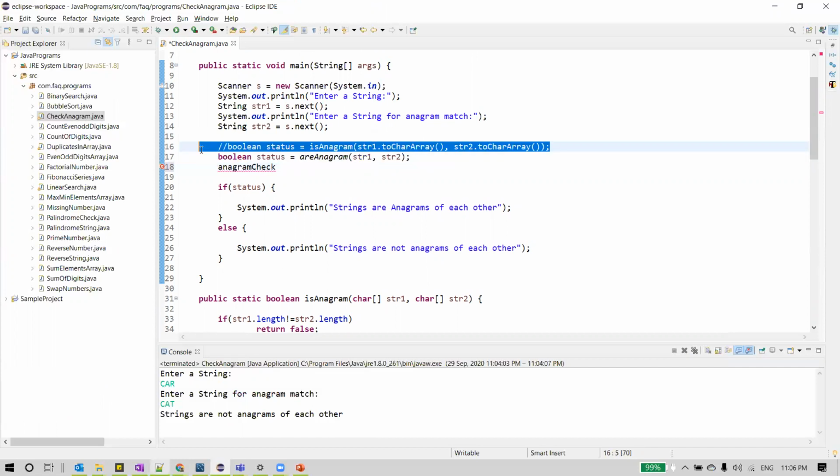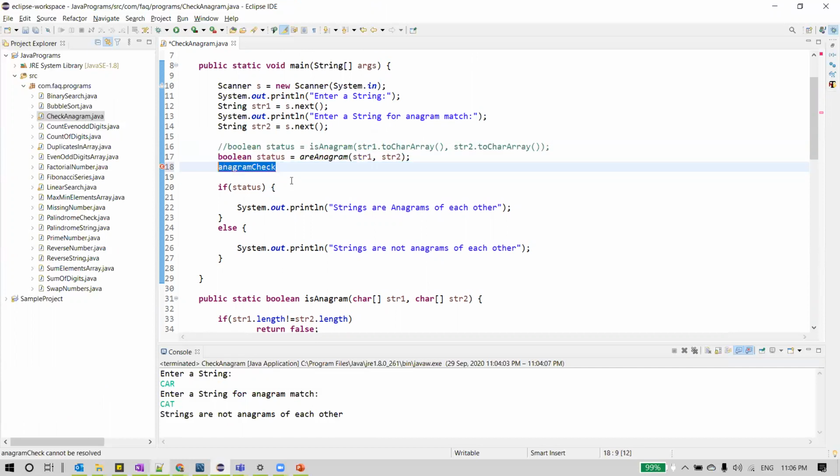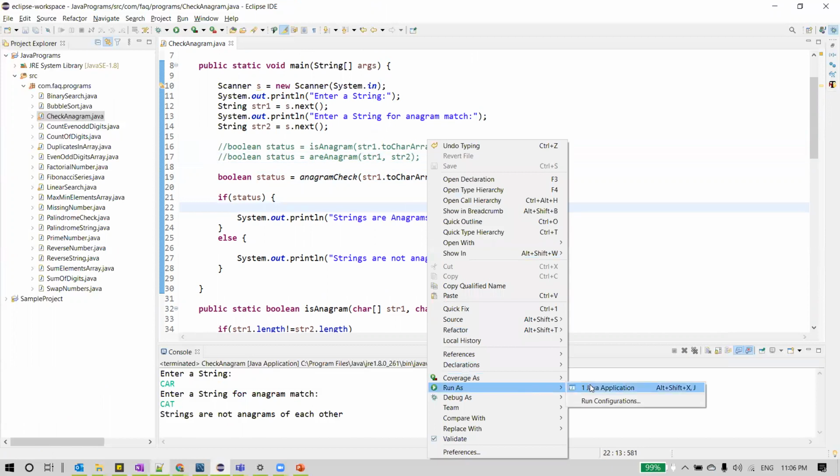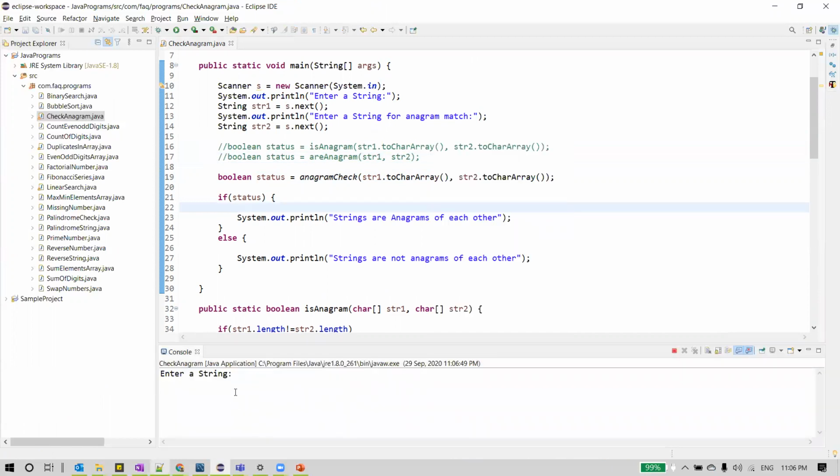Okay, let me copy this, as we wanted to pass two strings converted to char array. And now let me execute this. And you can see it says strings are anagrams of each other.